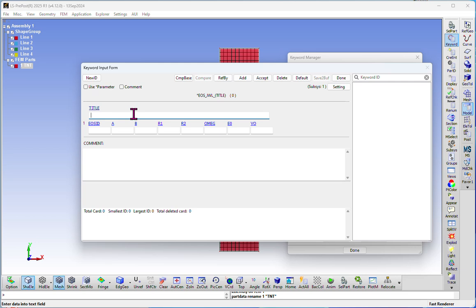In this case, I'm going to give it a title, TNT underscore JWL. And I need to add in a new EOS ID. This is going to be referred to a little bit later when we have to assign the part to the EOS, or the EOS to the part. And then I need to add in the parameters for the JWL. The JWL consists of A, B, R1, R2, and omega, and E naught are the parameters we need to use. V naught is going to be the initial volume of the HE, which we almost always take to be 1. So the calibration set for TNT here, let me go over to my